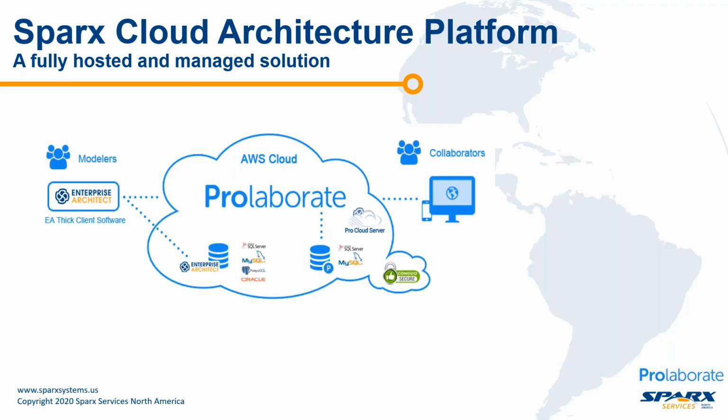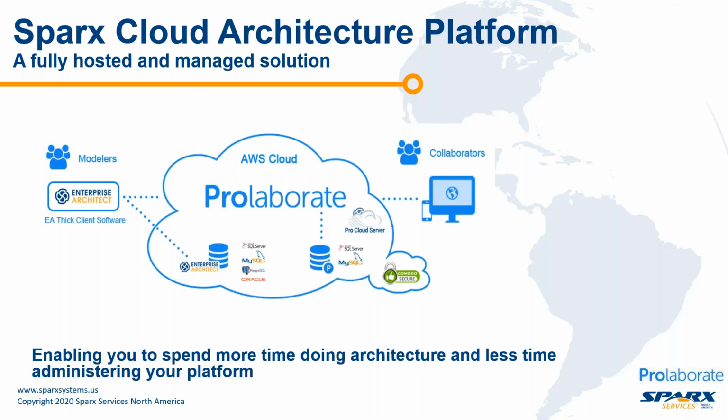We're going to discuss a little later on in this presentation that there's now a second option in terms of delivering the Enterprise Architect modeling experience through a streaming EA client delivered in a browser. The great thing about leveraging the Sparx architecture platform is it enables you to spend more time doing architecture and less time administering your platforms. And we'll talk about this again when we get to the end about how to start the cloud journey and